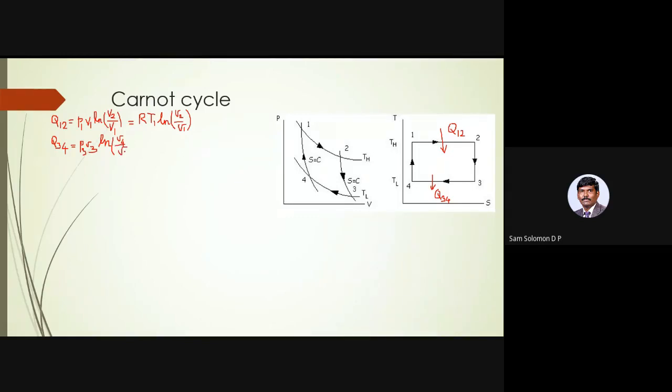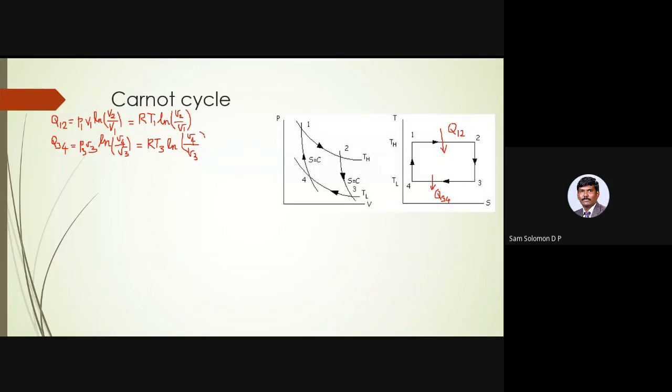Okay, and we wrote this as RT3 times ln of V4 by V3. This is what we did yesterday, but one thing what we forgot to do is